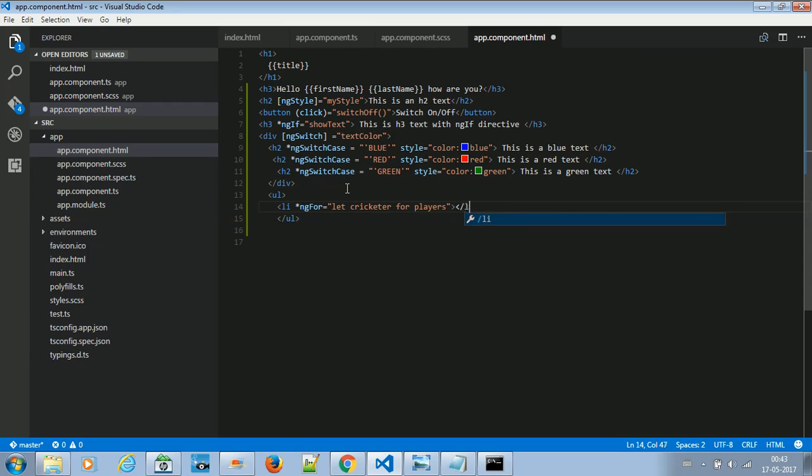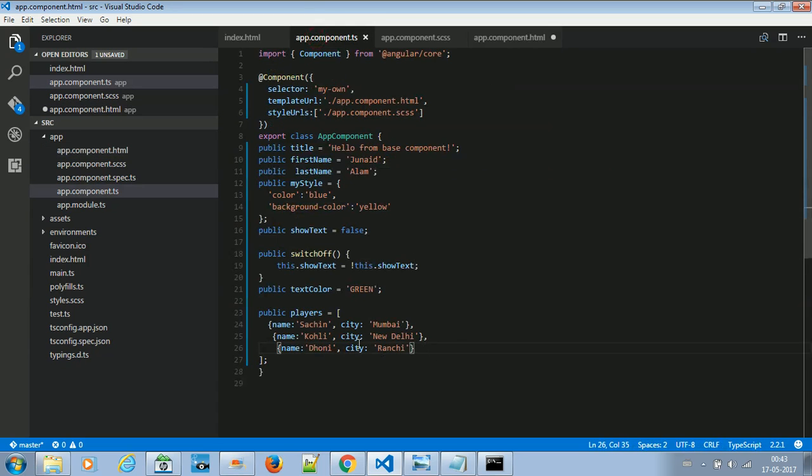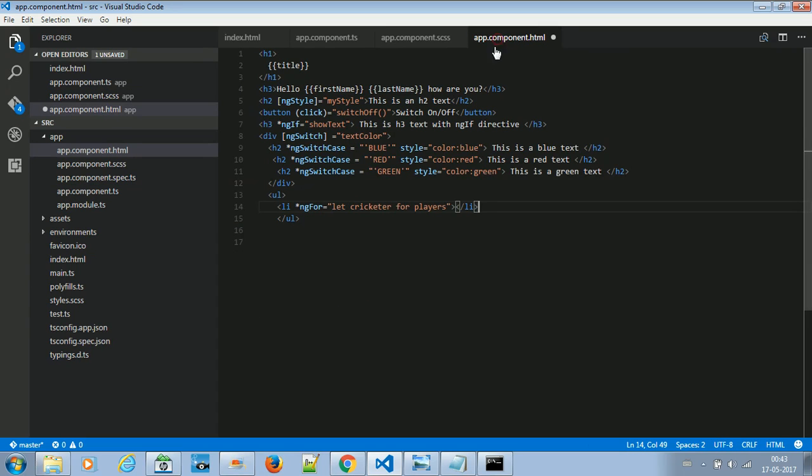And /li. Now let me explain this. When I say let cricketer for players, you see players is a variable which contains an array of objects. So I'm referring to that, and let cricketer means cricketer is a local variable that will be created,